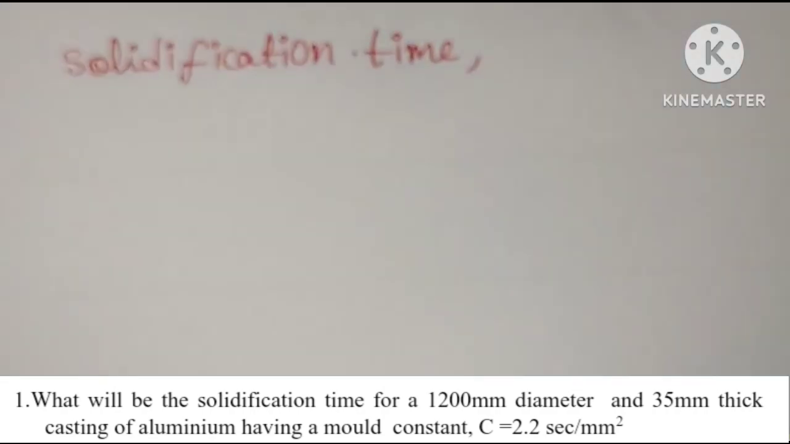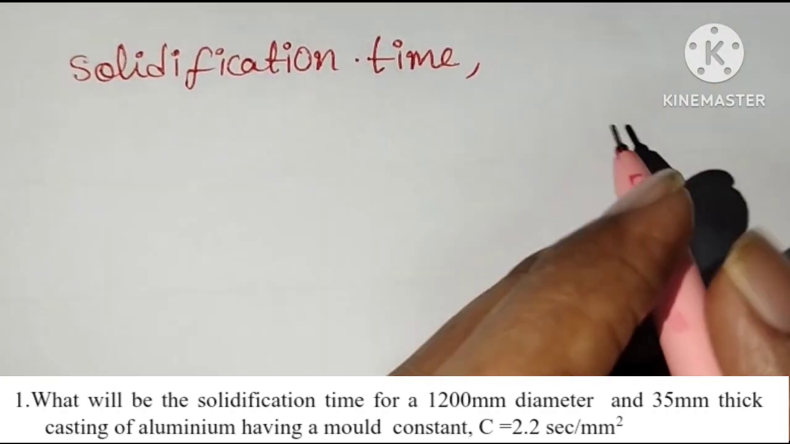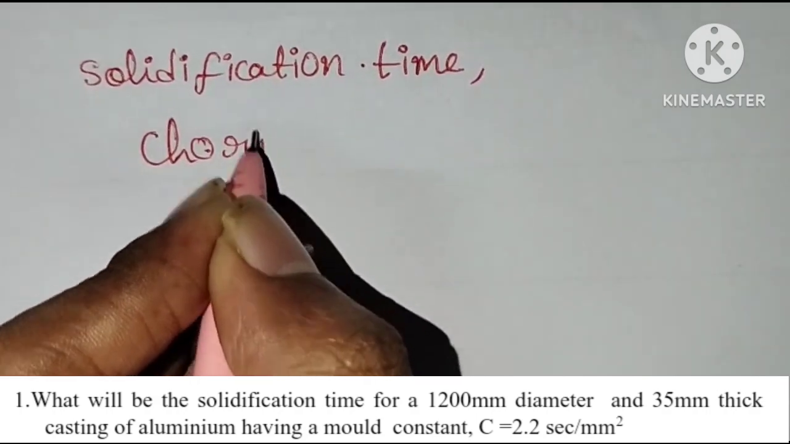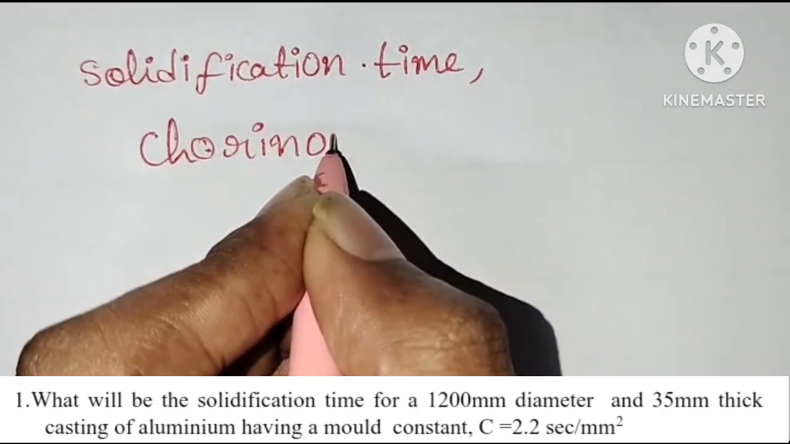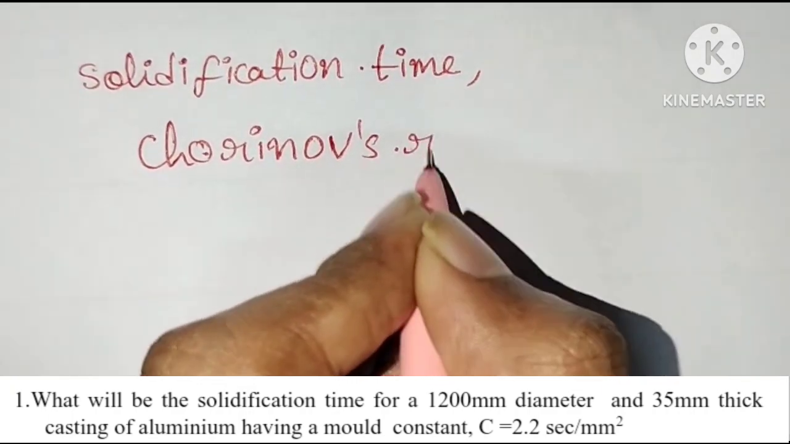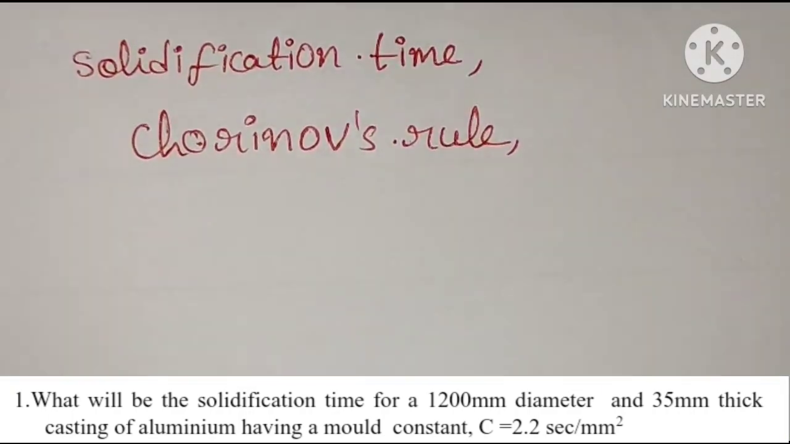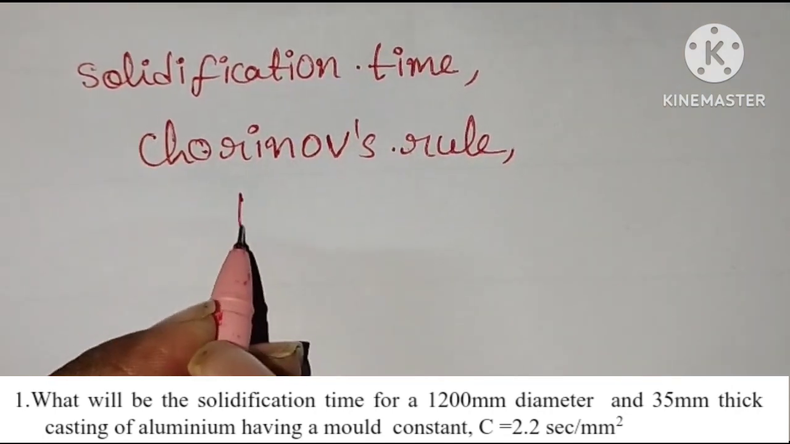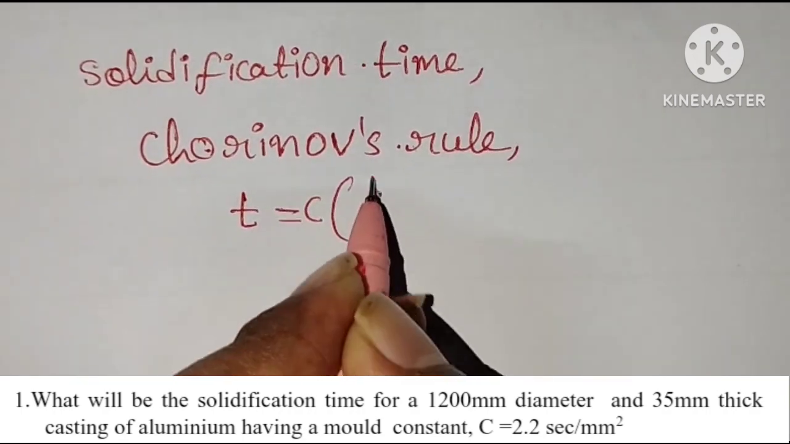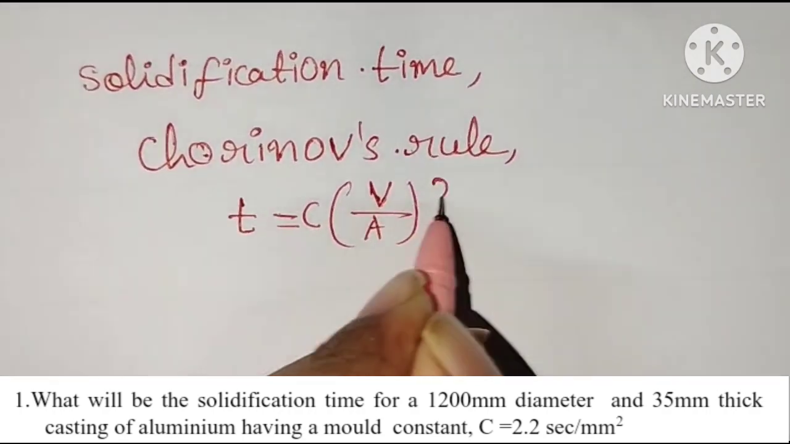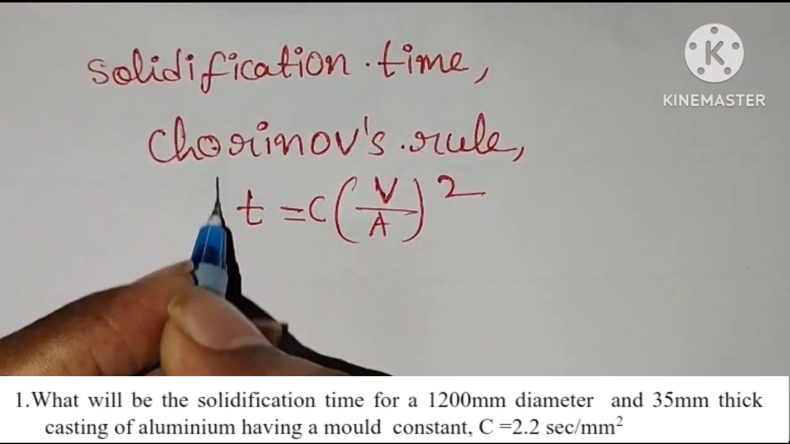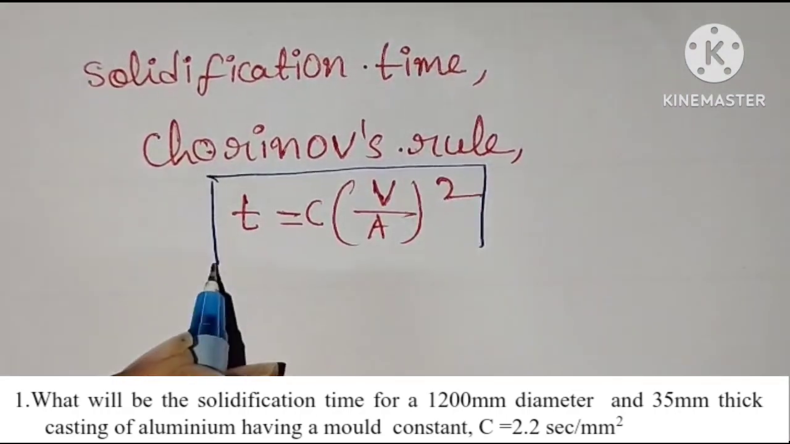We calculate the solidification time of a casting using Chvorinov's rule. According to Chvorinov's rule, the solidification time of a casting T is equal to C into (V by A) whole square. This is the formula for solidification time of a casting, where T is the solidification time of the casting,